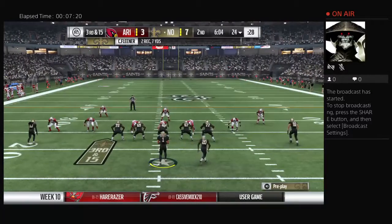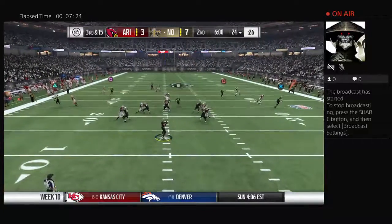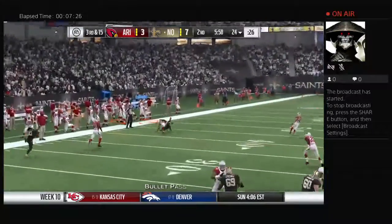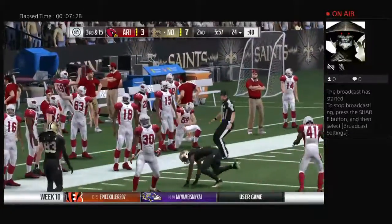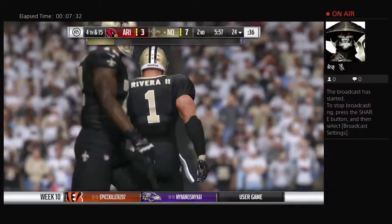So 3rd and 15 and an extra defensive back in the game now. Flooding the passing lanes. And that one goes incomplete on the drop. That's one he definitely normally...